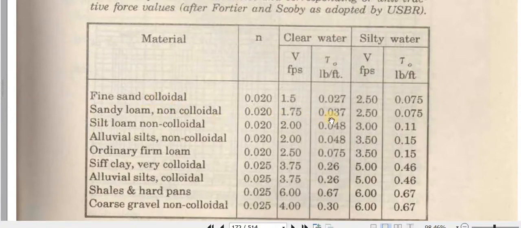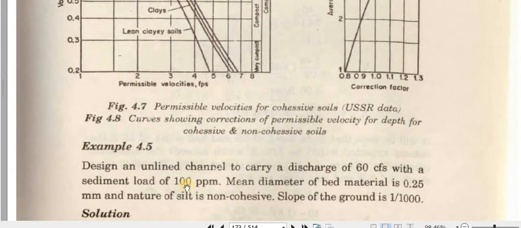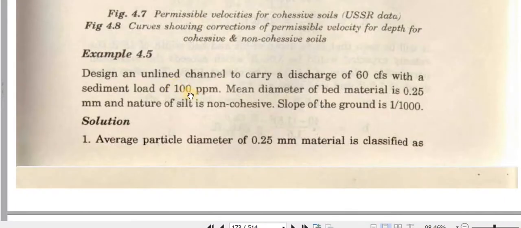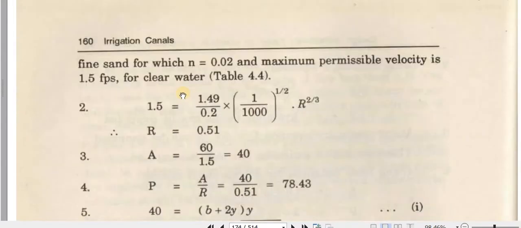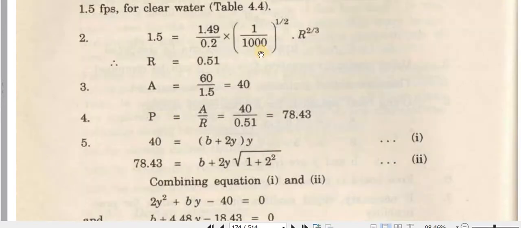So fine sand 1.5 and 0.02, because 100 ppm is not a huge amount of sediment. So using the continuity equation, we have V is equal to 1.49 over n, where n is basically 0.02, and so on. We have to calculate R as the slope is given, then from R we have to calculate